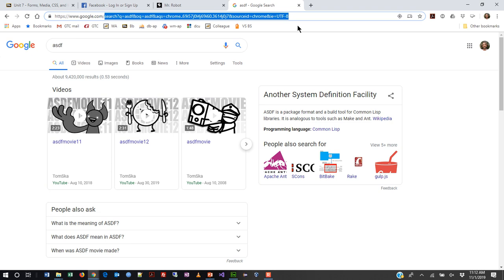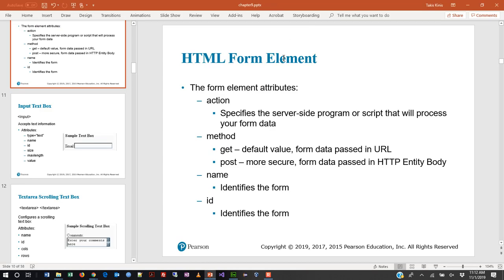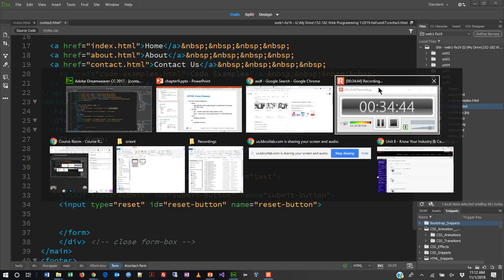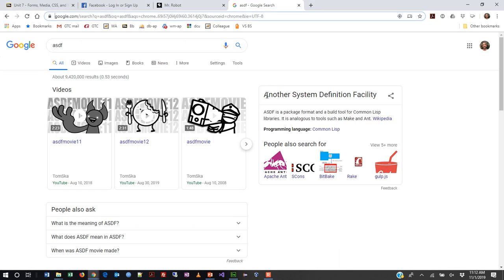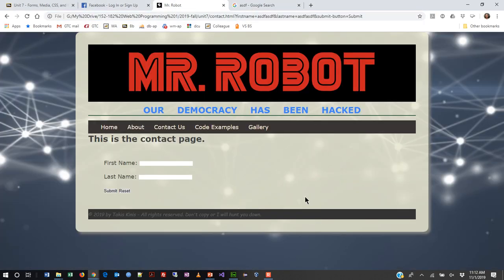because if you use get, the moment that you send something, whatever you put in the form gets encoded into the address bar in plain text for the world to see. So if I go back, actually I didn't even need to leave the browser, to Mr. Robot here,